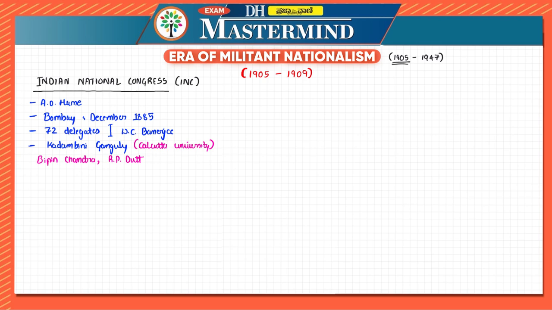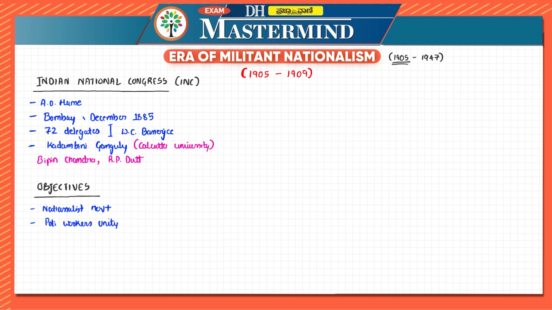Now, when this Indian National Congress is formed, there has to be some goals, right? That is, there will be some objectives of the Indian National Congress, correct? Now, what were the aims or objectives of the Indian National Congress? That is something which we have to understand. They said that they wanted to have a proper nationalist movement, and they wanted to promote relations among nationalist political workers. So we can say it is political workers' unity.